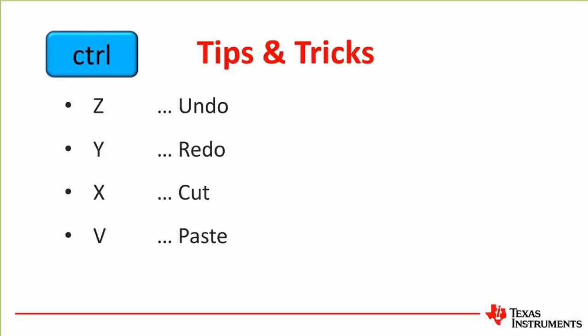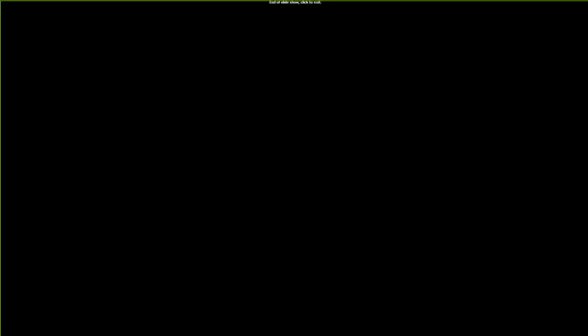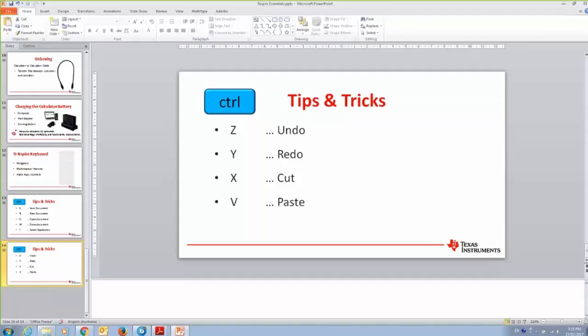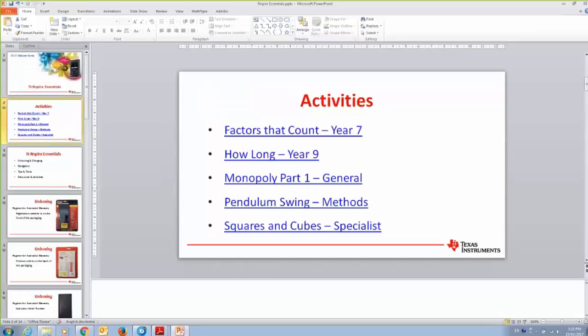And then they say, well, how many times can you undo? And I say, well, you can undo it 99 times. And you can undo a redo and get all messed up too. Copy, paste, Control-C, Control-V, all of those things work the same as they do on a computer, and obviously some calculators. So let's go back now to that first option so we can start having a look at some activities,